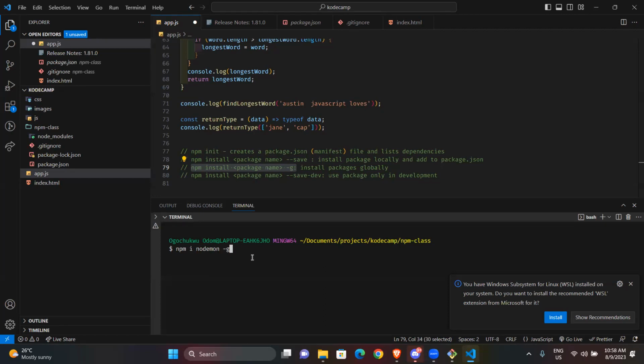Now, this usually works with internet. Please don't try doing npm install without being connected to the internet, because it goes to the internet, searches for this package, pulls it in, and then installs it globally. So it's on your device, and whichever folder you're working with, you have access to nodemon inside it.